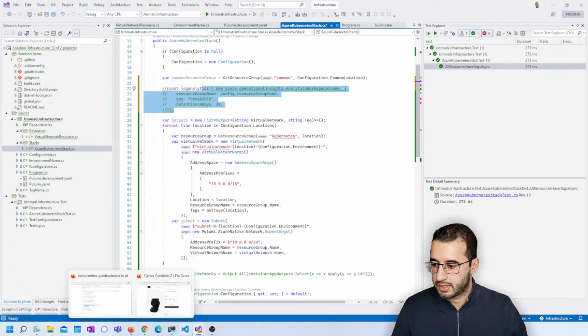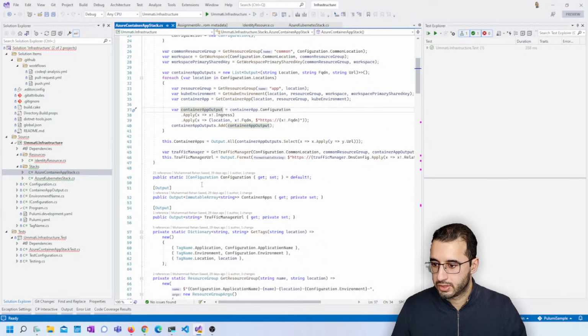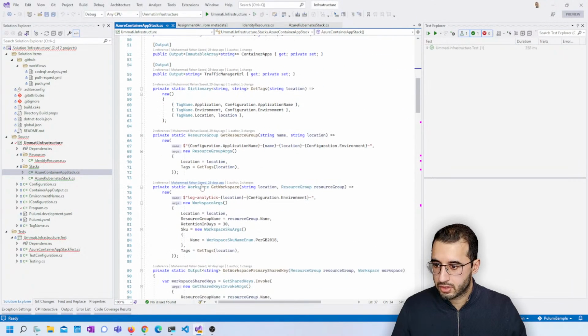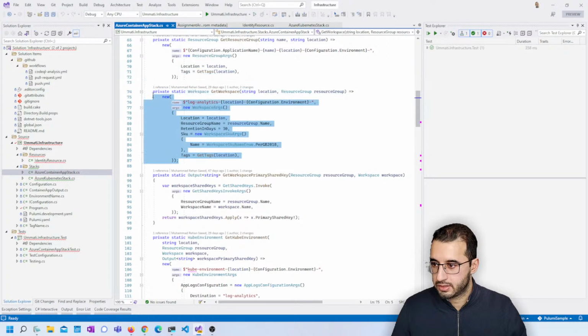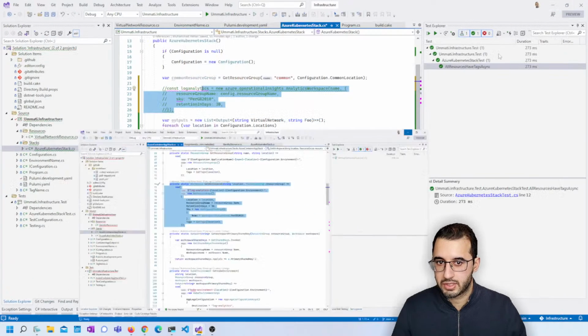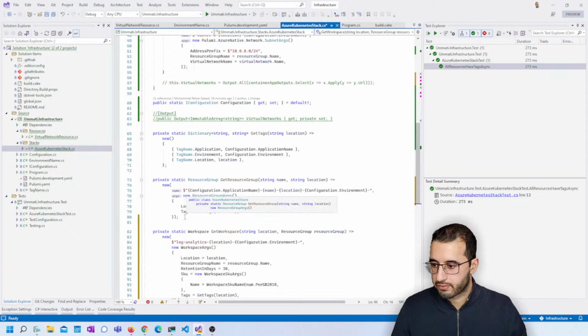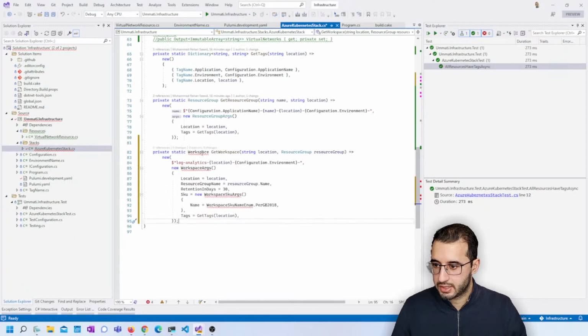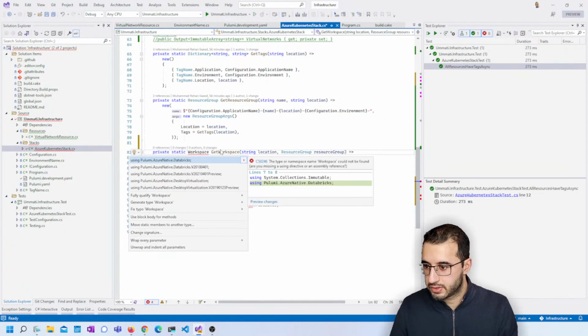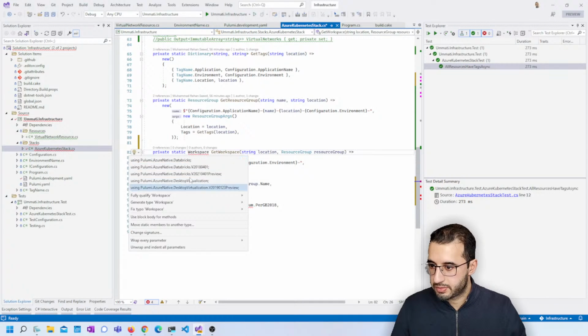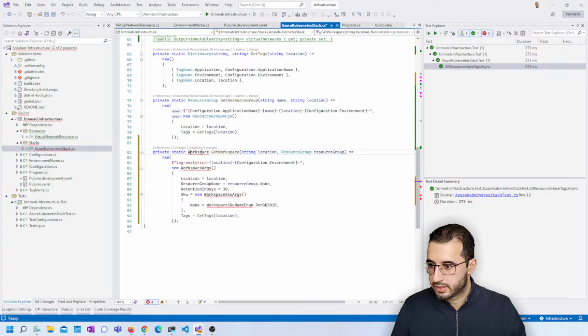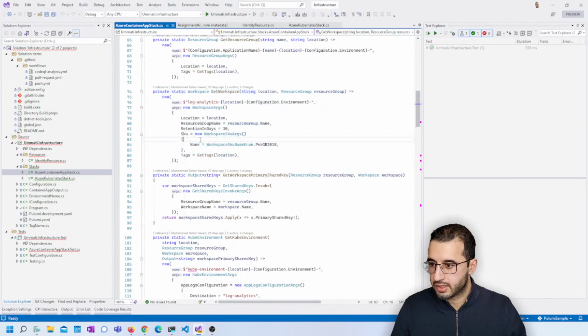Control C that, and we have that in our Azure Container Apps code as well. So I'm just going to copy and paste that from here. We have a function that gets the workspace. So this guy here is creating a workspace. What namespace? Why can't it find the namespace? I'm not really sure. Not sure what's going on there, but